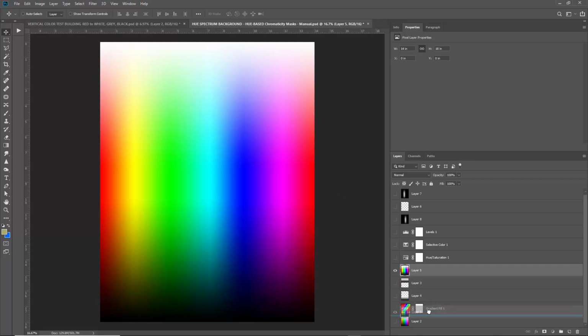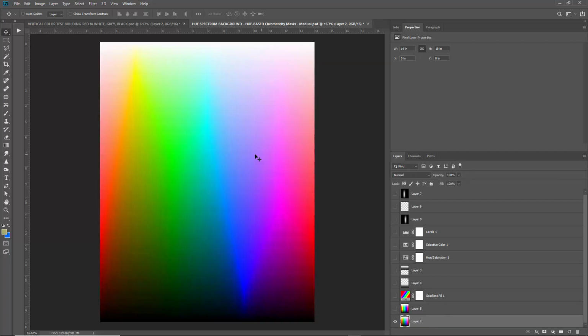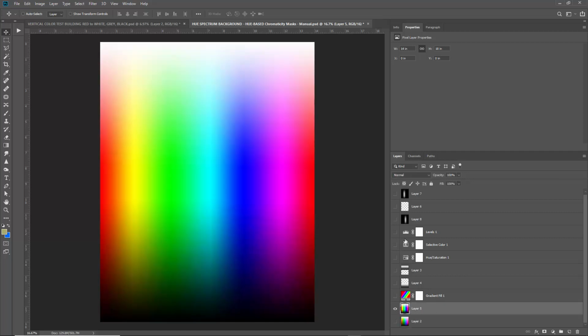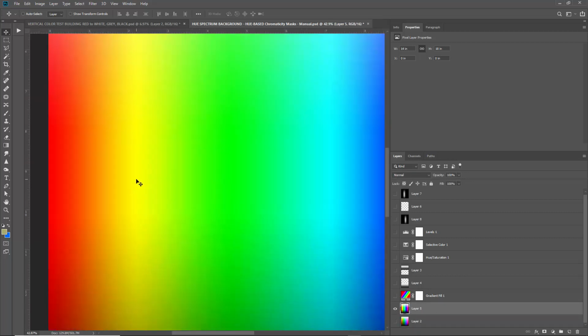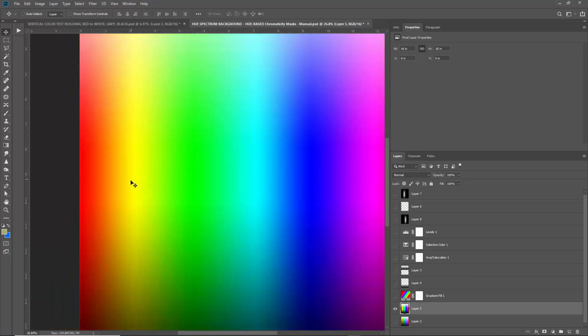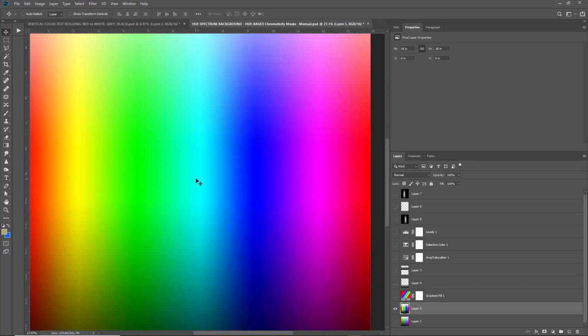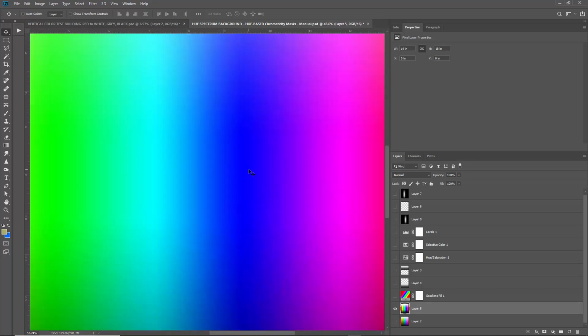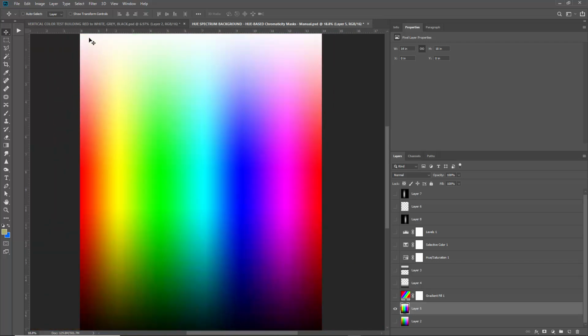Now, there's a couple different basic test images that people use sometimes. This particular one is sometimes referred to as a Granger chart. It really is the hue range, but it's changing where the white and black blend with it based on the luminosity of the hues themselves. So essentially, if we look at a yellow here, cyan, okay, magenta, compared to the blue, if we just were